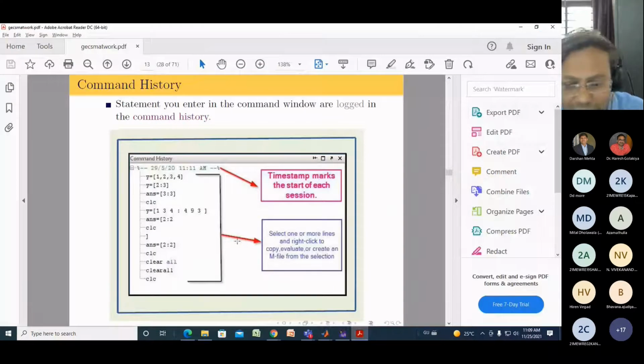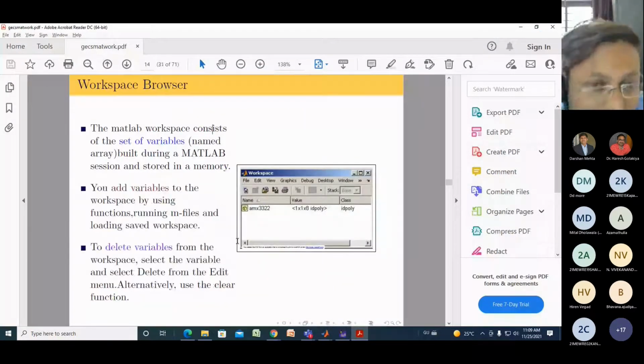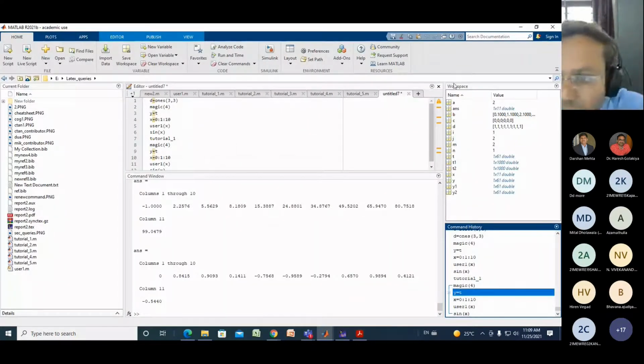After the command history, another very important window is the workspace. We know that if you have run any function file or any variable, it will automatically be saved in the workspace. Here it is known as the workspace.